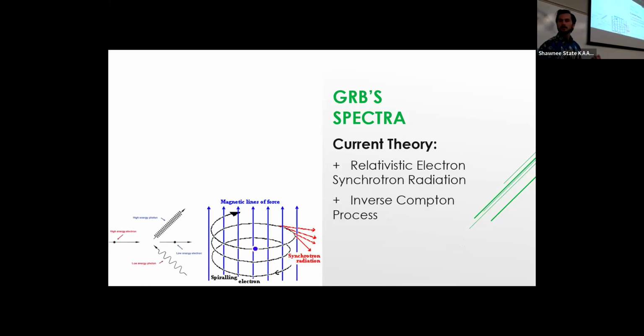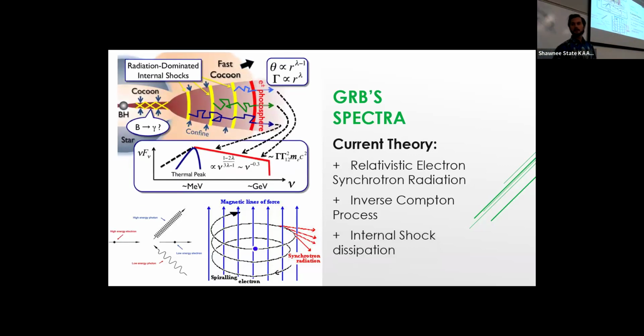Another theory is the inverse Compton process, where a high energy electron interacts with a low energy photon, bumping up the photon to a higher energy and reducing the energy of the electron, producing gamma rays. And the final one is internal shock dissipation, which in terms that even I can understand, is basically shock waves interacting with plasma causing light, and that light can get up into the gamma rays. These are the best models we have today of explaining how gamma ray bursts are formed